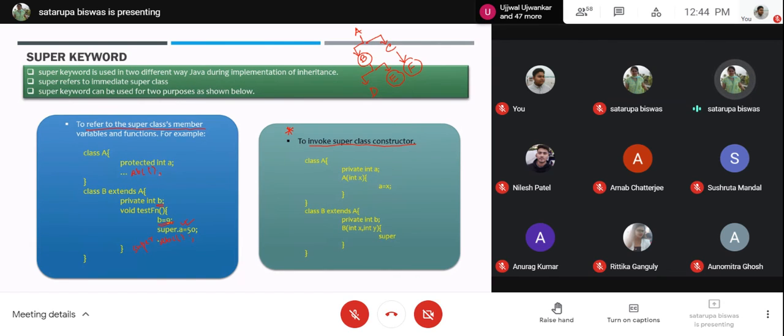Now, one more thing. Say you have ABC method inside A. You have DEF method inside B. You have PQR method in D. So from PQR, if you call super dot ABC, where will it go? We were discussing super means the immediate super.